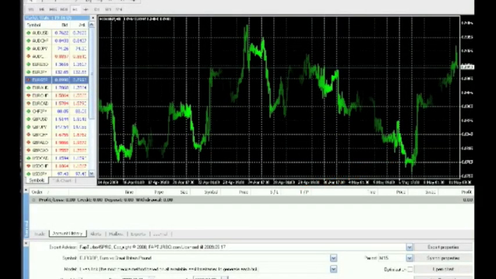Today I'm going to show you how to backtest MetaTrader 4 expert advisors over historical data. This is a great way to try to answer the question, what would have happened with a particular strategy. Every time I purchase a Forex trading robot, or create one myself, I like to backtest it over at least a year's worth of data to try to see